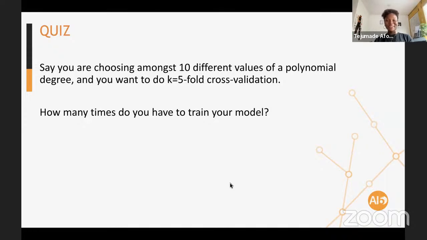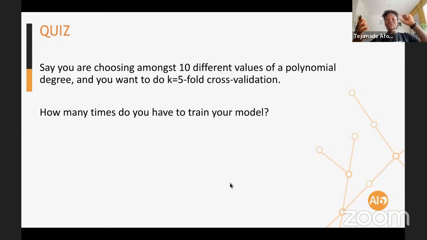Well, Ipadiola is actually the correct one. You would have 50 models. So remember that for each cross-validation, if it was just one value, one hyperparameter, we'll come back to that term, just one hyperparameter, then you would have to train your model 5 times.